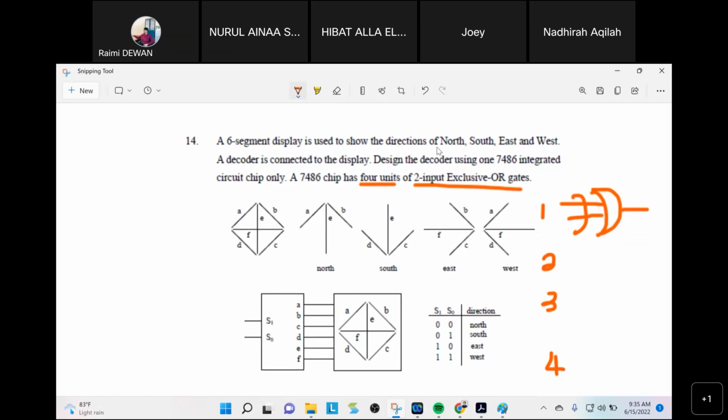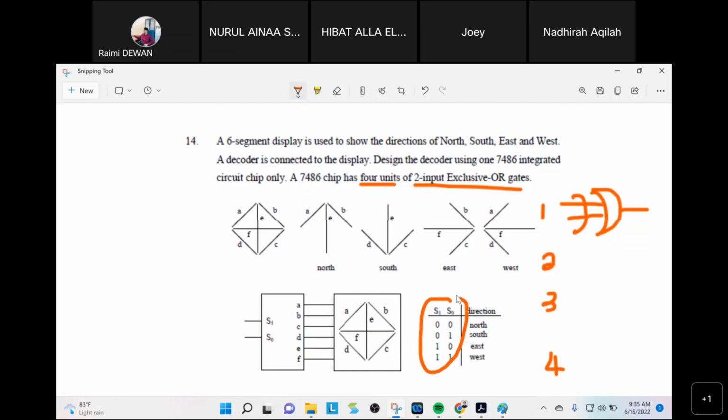Design the decoder using 74LS86. A 6-segment display is used to show the direction. A decoder is connected to the display. Design the decoder using a 74 chip. So this one is the